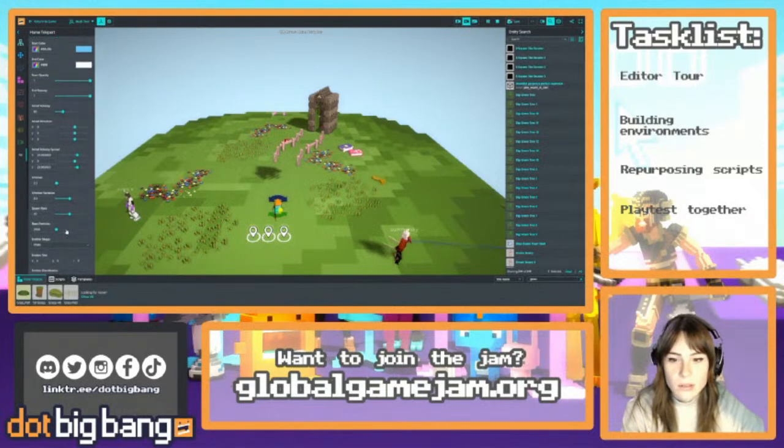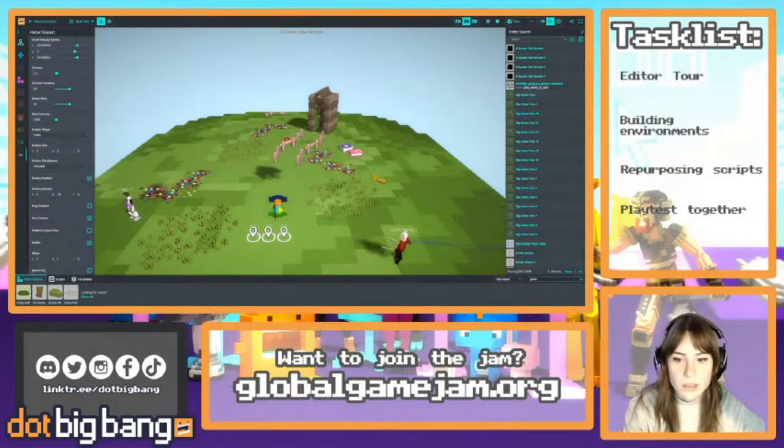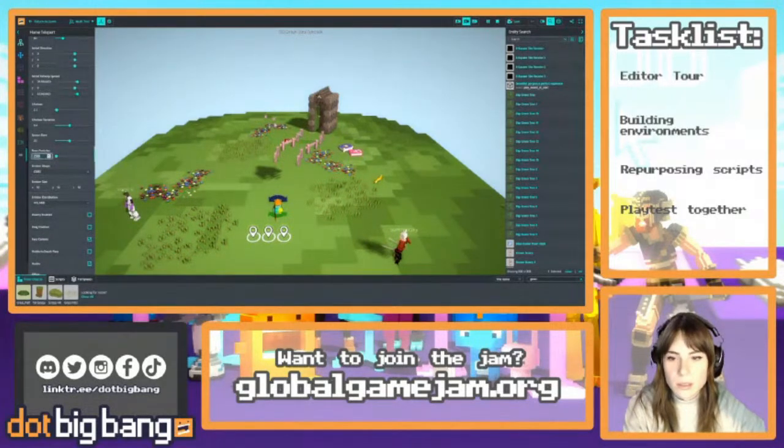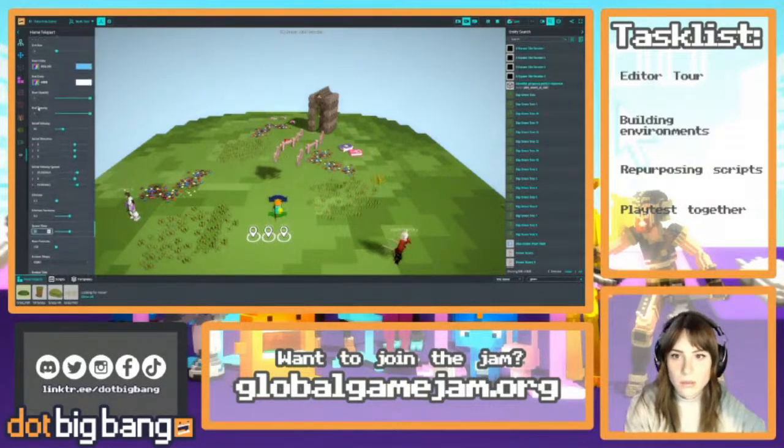I'm just gonna add a huge particle effect to make it look like there's kind of sparkling in the area. So I'm gonna change the emitter size to be pretty big. And I want way less particles, probably. And I'm going to set the initial velocity to be a lot slower